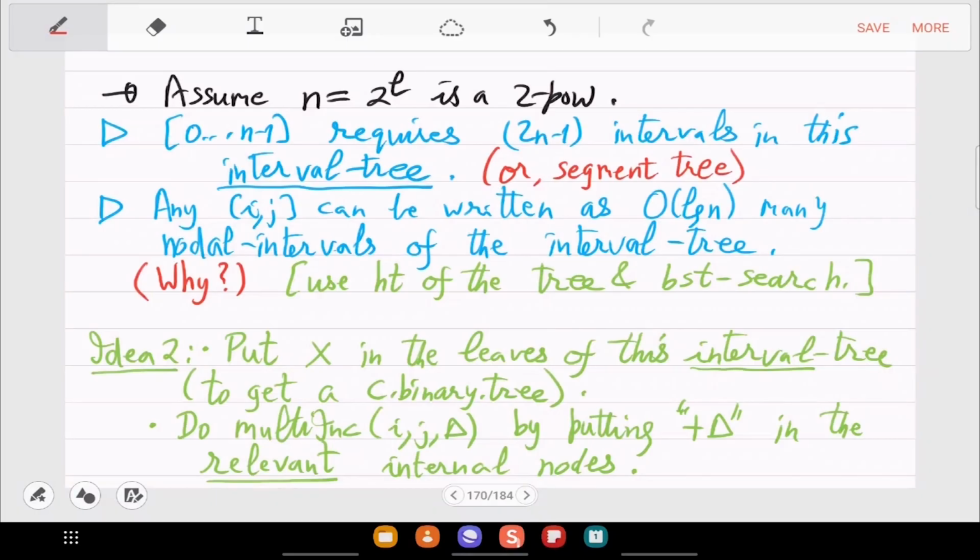The red nodes will store the min of that particular interval, and you can decompose any i comma j segment or subsequence into these basic intervals, and then you can do again a tree search, right? So these problems we have solved in log n. Any questions till now?